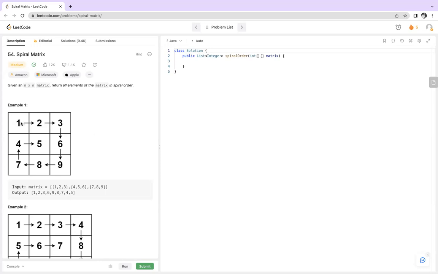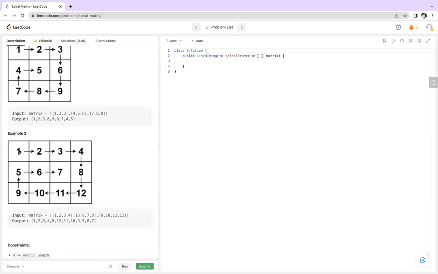So we have to go from 1 to 2 to 3 like this, in this way, spiral order. Okay. So if this is the matrix, then first we have to go right, then we have to go down, then we have to go left, and this is up, and then we are going to